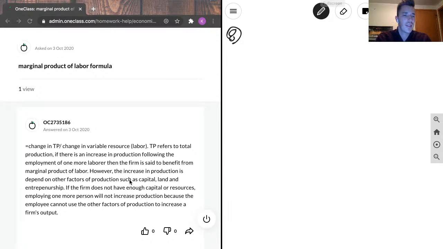here we've got our junior tutors written that the change in TP over the change in variable resource, which is labor. TP refers to total production. If there's an increase in production following the employment of one more laborer, then the firm is said to benefit from the marginal product of labor. However, the increase in production is dependent on other factors of production, such as capital, land, and entrepreneurship. The firm does not have enough capital or resources. Employing one more person will not increase production because the employee cannot use the other factors of production to increase the firm's output. What they're referring to in the latter half of this is